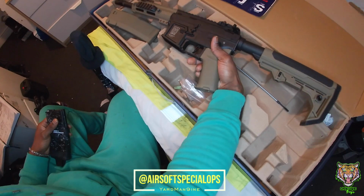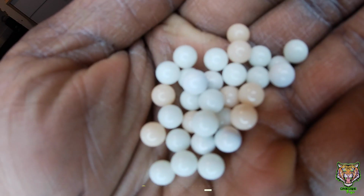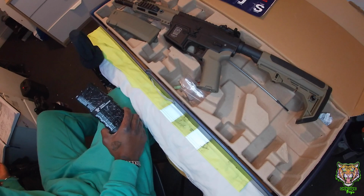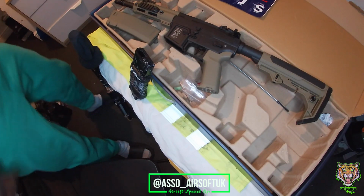So maybe let's chrono it quick. Is that twos that's in there? Because that's twos. Give me 1 sec, guys. I just want to see if these are twos in there. It looks like twos. Give me 1 sec. Let me grab the flashlight because